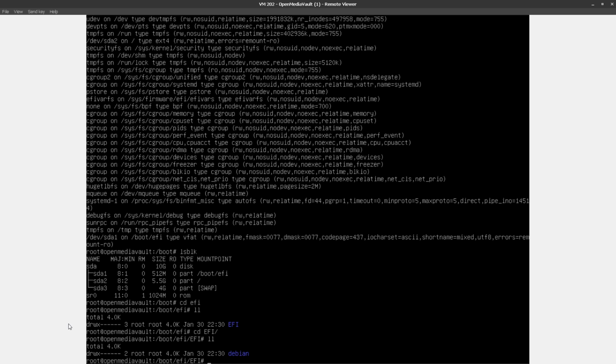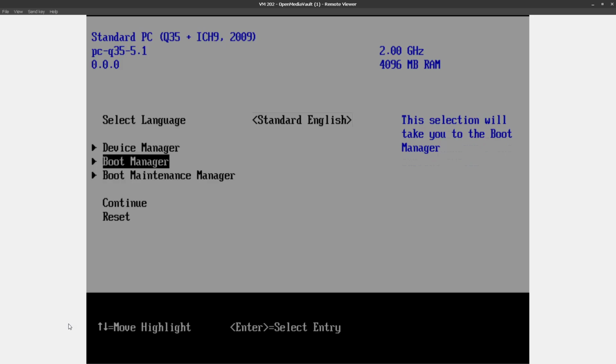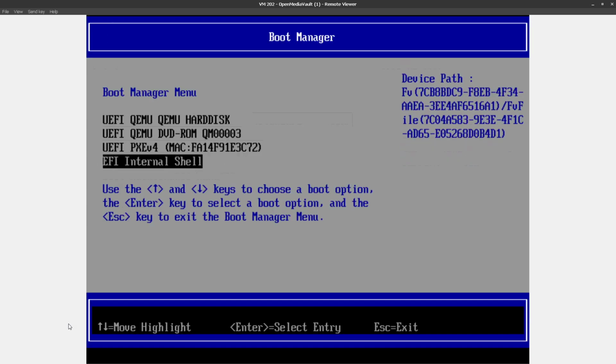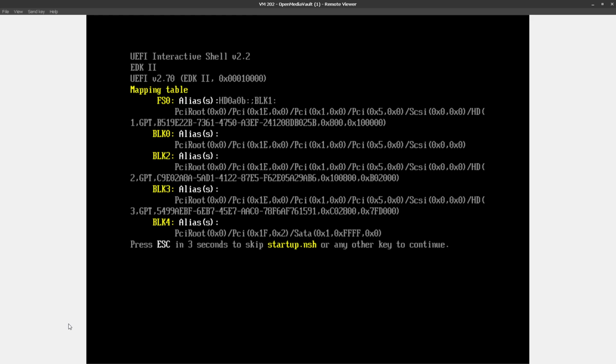But let's say we get the path wrong or something else goes wrong. We don't want to have to go back and forth between, we can boot into the environment, we can't, and back and forth. So what I want to do is, actually we can just reboot. And then I'll hit escape so I can jump straight to the boot manager and EFI shell. So not only can we directly launch the EFI loader from the shell, we can make the new path and copy it. So once again, FS0,